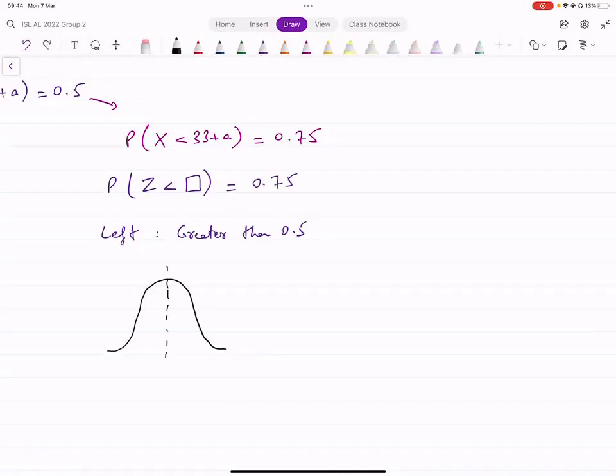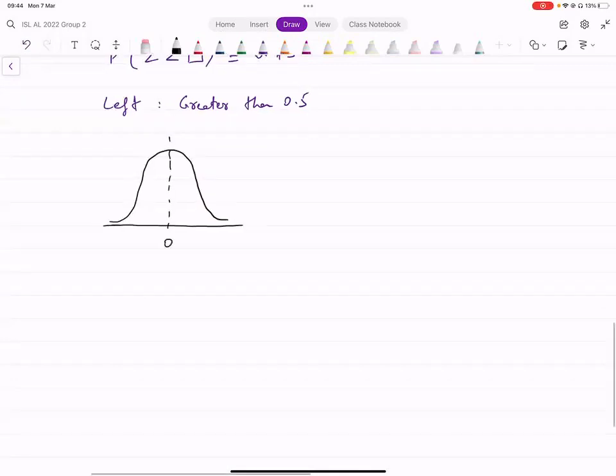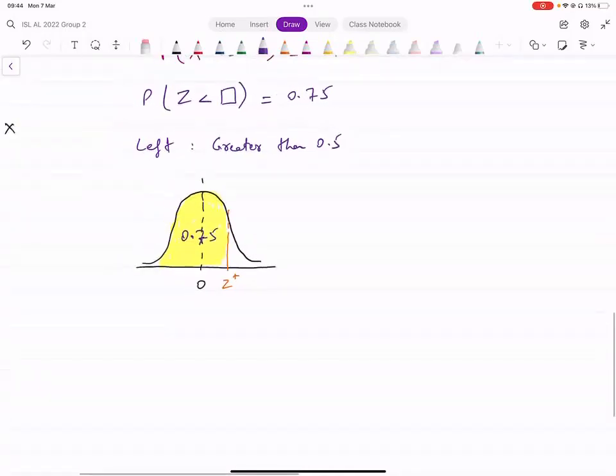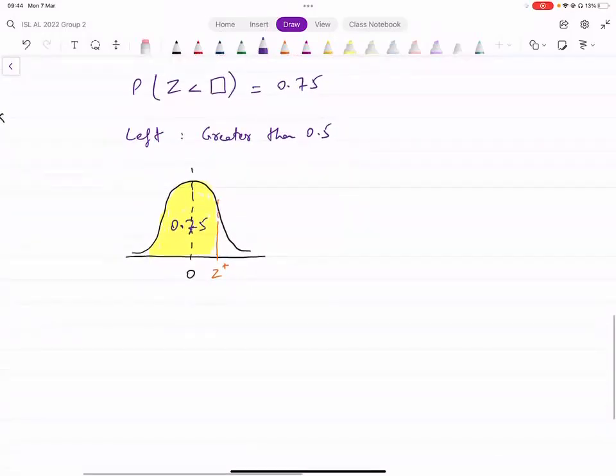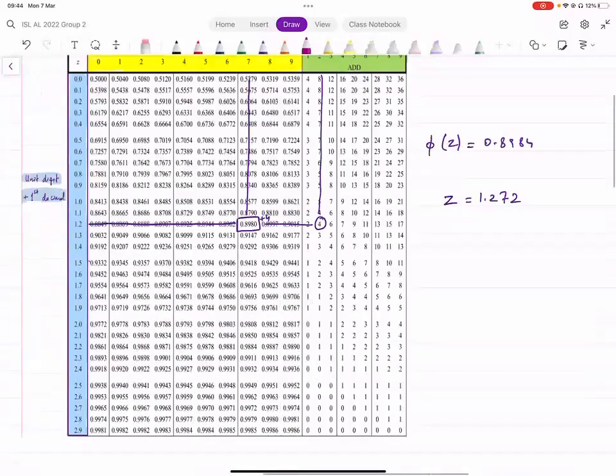z डिस्ट्रीब्यूशन के मिडिल में 0 होता है आपके पास, you've got 0 here and z should be somewhere here, आपको पता है इसके लेफ्ट साइड वाला रीजन कितना है सारा, ये 0.75 है, this region is 0.75, it's already in the standard form, z less than something positive उस फॉर्म के अंदर ऑलरेडी आ रहा है हमारे पास, हम जाके टेबल से ये वैल्यू देख लेंगे 0.75, let's go to the table, हमारे पास phi of z क्या है